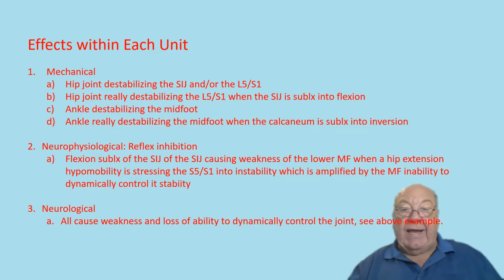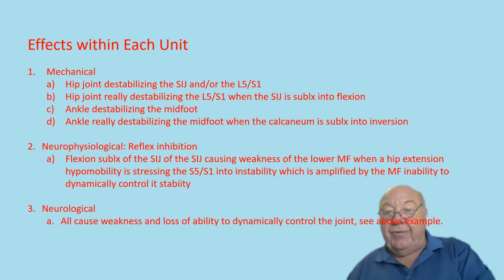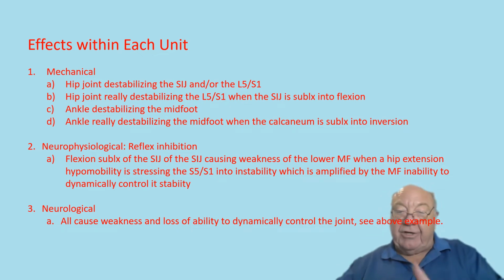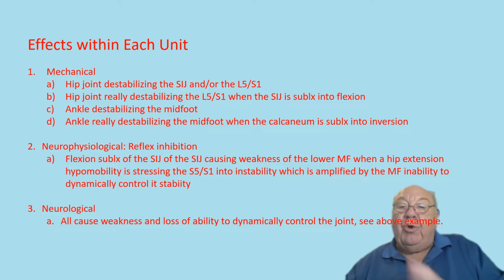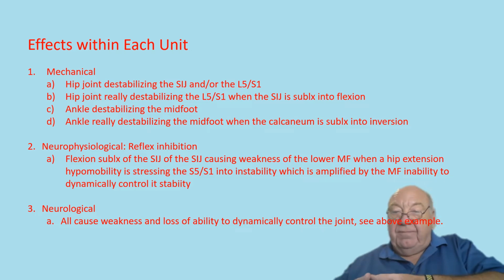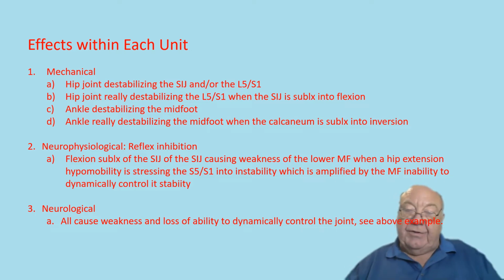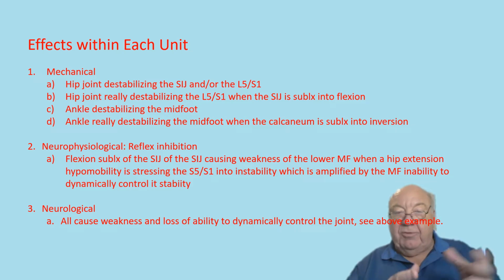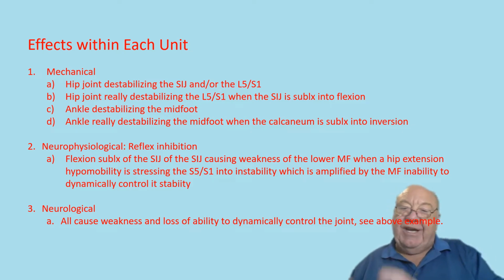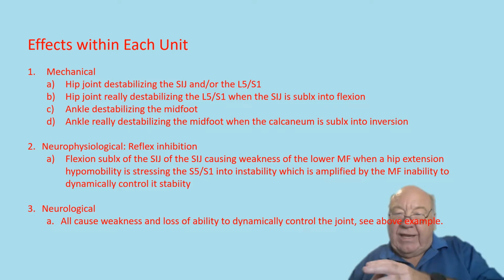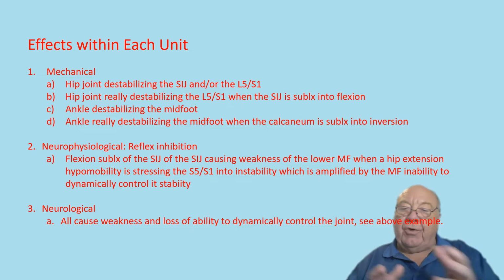Or if you like, the ankle destabilizing the midfoot because it's subluxed in plantar flexion, can't dorsiflex, so you start to over-dorsiflex, and the next joint is capable of doing that. Now there's enough movement loss in the ankle to possibly do this all by itself, same as in the previous example. But now if you add on to that an inverted calcaneus, where the calcaneus can't evert to help flatten out the foot, then the force on the mid-tarsal joints is that much worse,